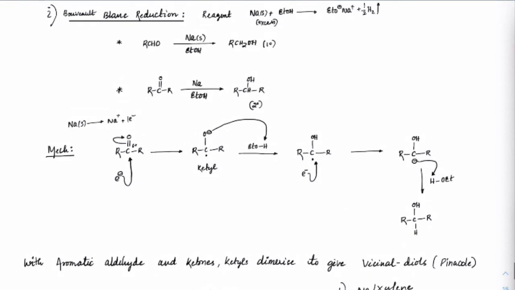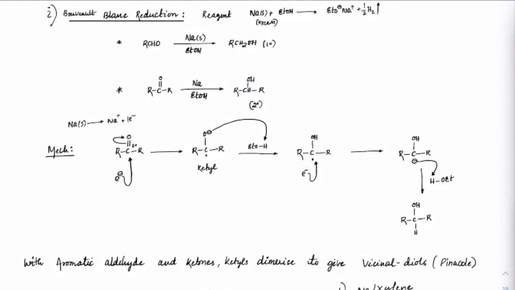Yes, beta. Here also it is possible. If you do not take EtOH and just keep it in xylene first, first it will only do dimerization, then add water, so we will get the dimerization product. That is called acyloin reaction, acyloin condensation. Okay, we will be studying that in aldehydes and ketones.